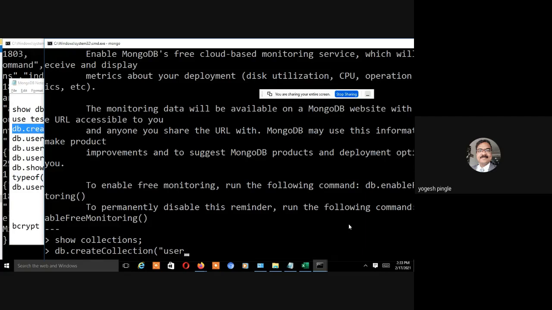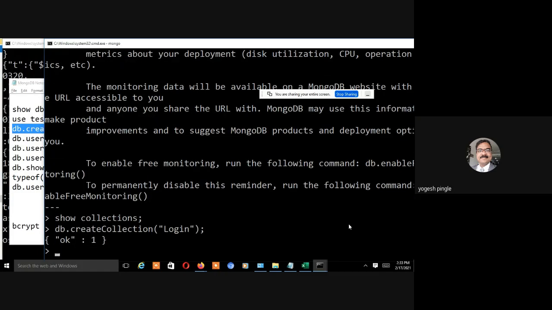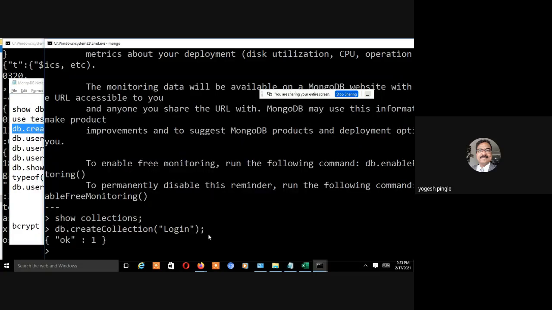My table will be, let's say, login. OK 1 means your table has been successfully created. Now let's say I want to insert a record into it.